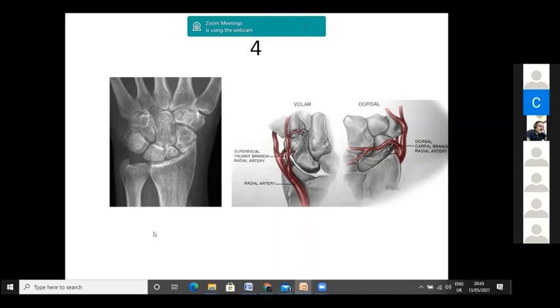So the different techniques for grafting: one is interposition, means just keeping a graft there and fixing it up. Or you can make a trough in the proximal and distal bone and keep a bone in connection. So example of a graft by making a trough. Anybody? Sunit? A trough is made in the proximal and distal and a graft is placed like this. That is a Matti-Russe. Matti-Russe is a common technique where you use a bone graft and a trough is made, but it can be an interpositional also.